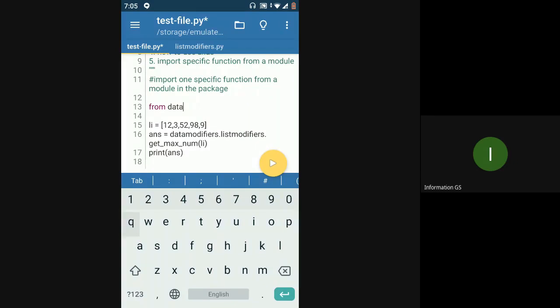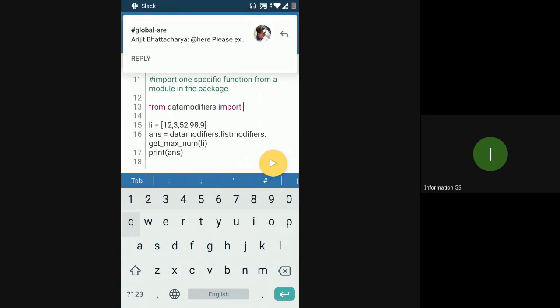You will have to use from package name import the module name. Now, in order to import everything, let me check if this works. From data modifiers, import star.